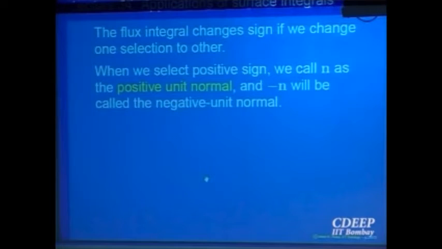When you want to normalize it, you will be choosing the square root sign, positive or negative. So let us make a convention that whenever you are choosing the positive sign for the square root, that will be called the positive unit normal. Just a name we are giving. You have got the normal vector, and when you normalize it, you have to choose whether the norm should have a plus or minus sign, whichever you choose. If you choose the plus sign, whatever normal vector comes is called the positive unit normal. With the negative sign, we will call it the negative unit normal for the surface. So two are possible, and we have named them both now.